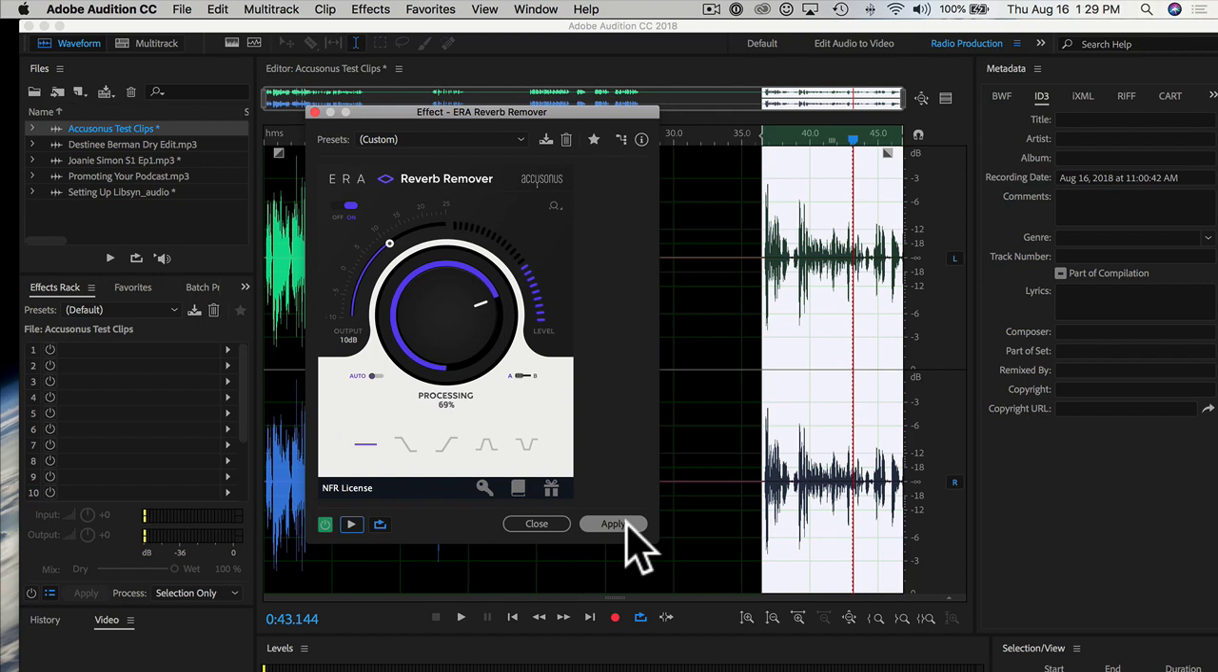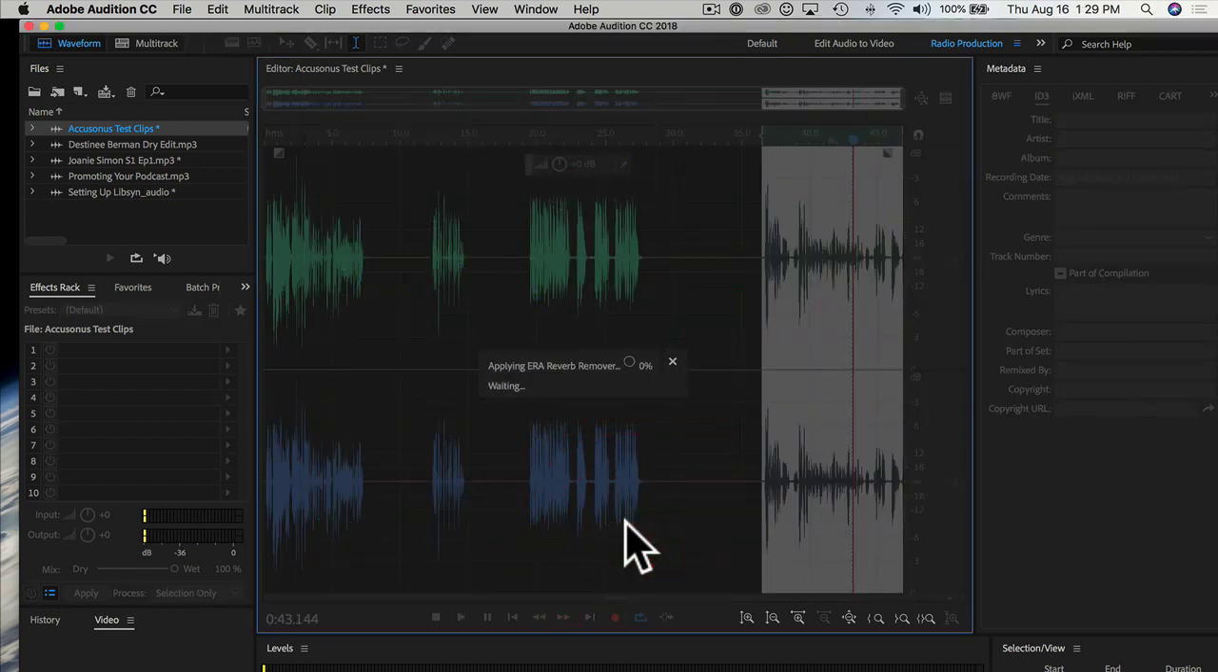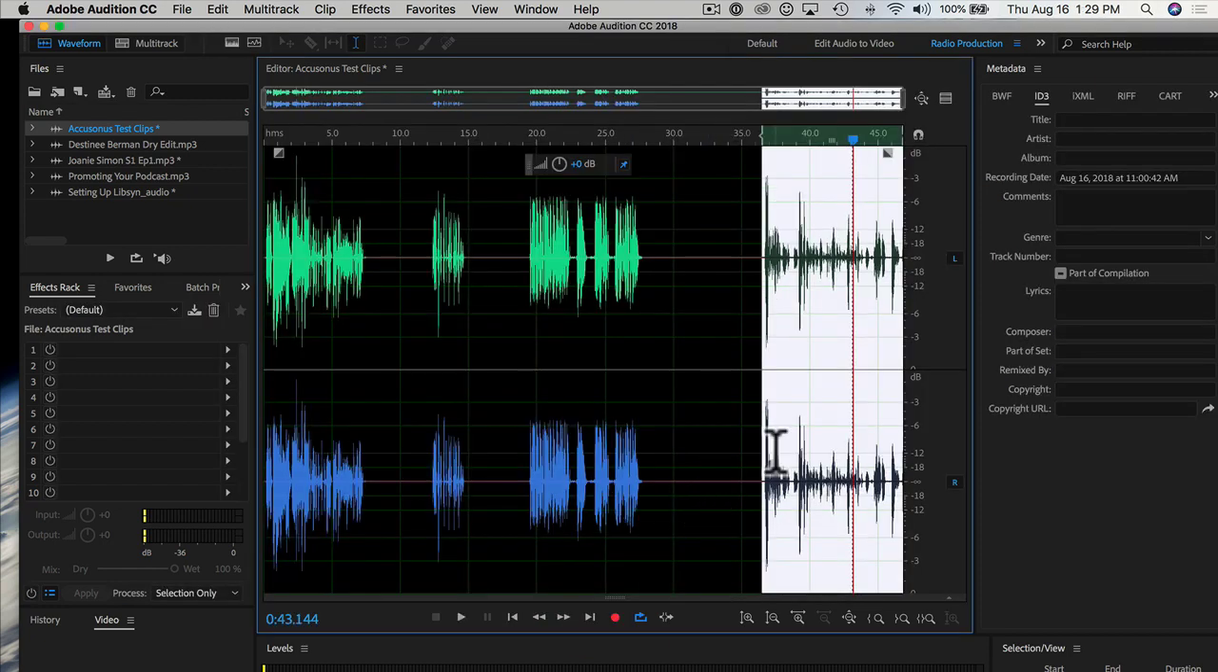So if you like the way that sounds, you can go ahead and press apply, and you can see that the audio waveforms change a little bit. Just remember, and I'm going to keep reiterating this, use these particular plugins if you want to get granular. I wouldn't use them on full podcasts,